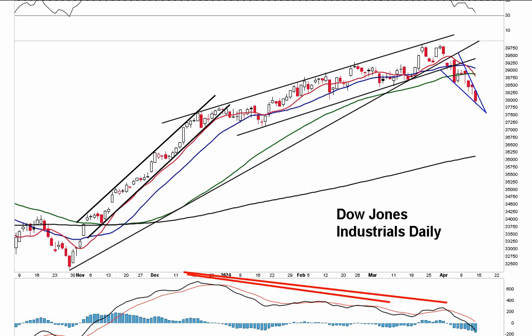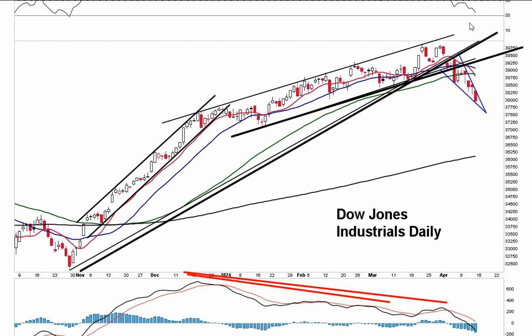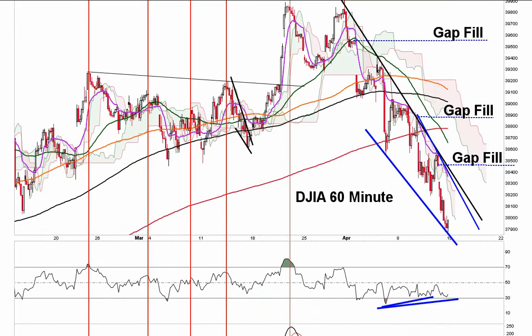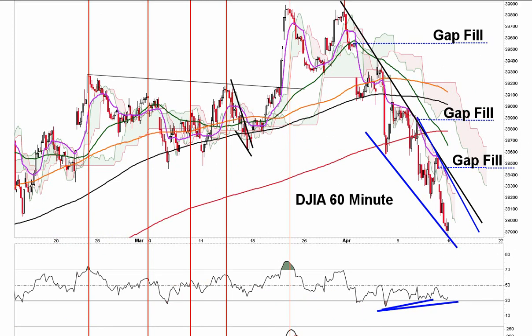So again, if the Dow attempts to rebound back up, test this broken trend line right here or this trend line right here, if we attempt to go towards these trend lines or towards the moving averages, we might see a rebound for the market. Dow dropped nearly 600 points on Friday. It rebounded back up off of the lows. But it still closed down 475 points, down 1.25%. If the Dow, which is trying to form this bullish falling wedge here, can break out,